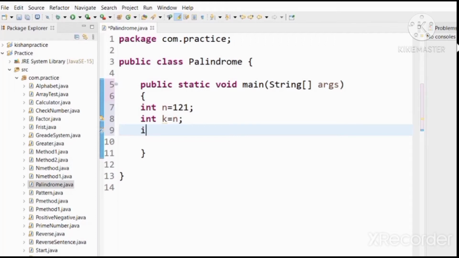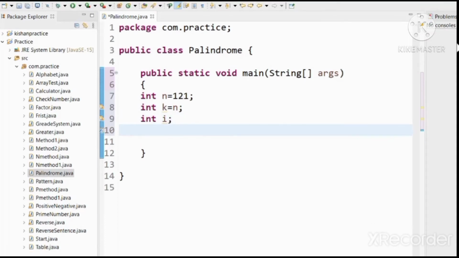After that, int i, comma, int r is equal to 0.